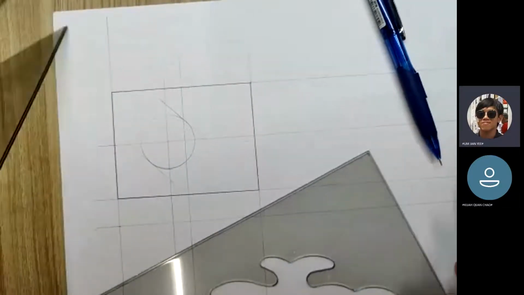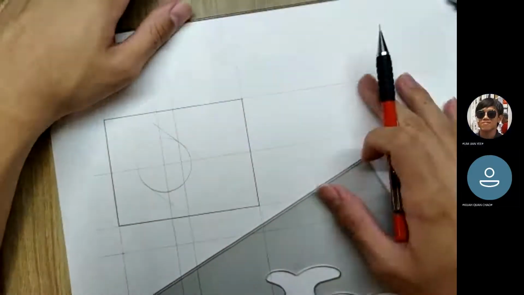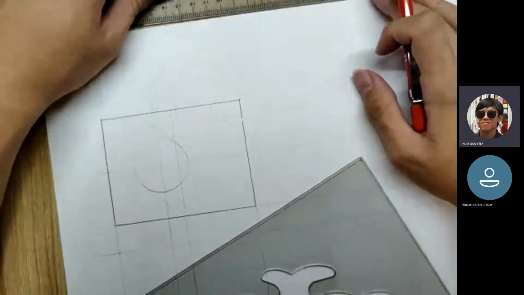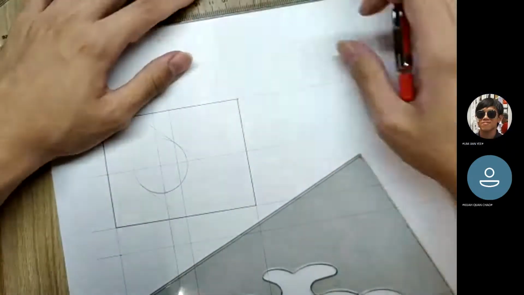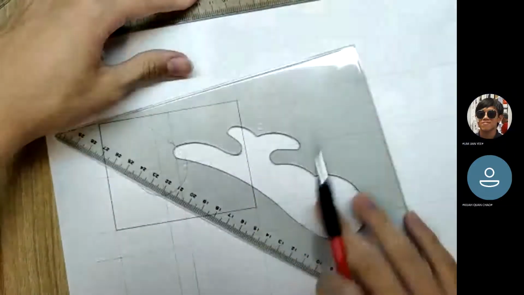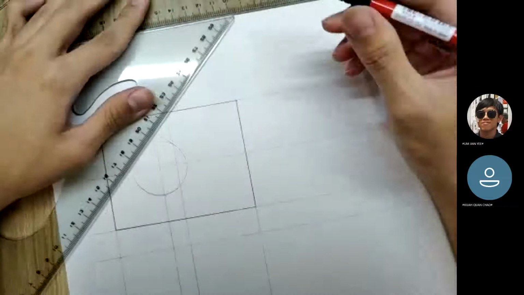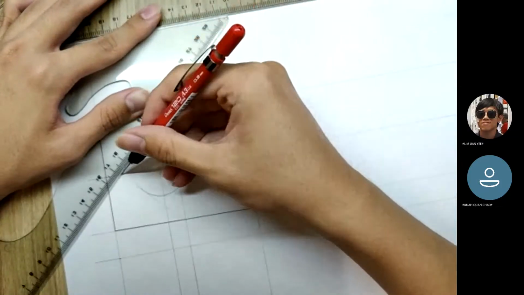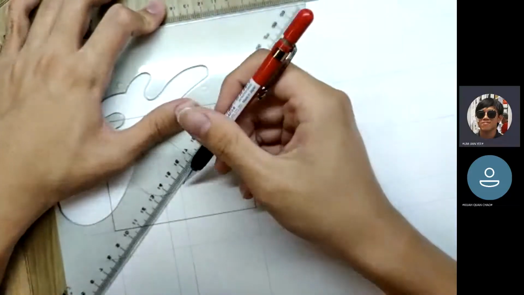For the other side, I need to move the square to the top of the paper. See. Okay. Tangent point. Okay. At this tangent point,